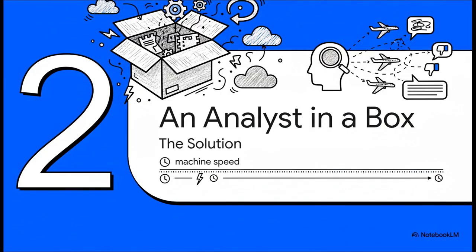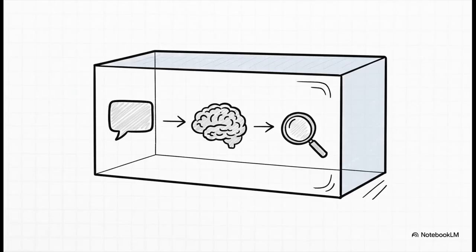In this case, the project we're looking at basically created what you could call an analyst in a box, an automated system that's designed to do the heavy lifting of a human analyst, but at machine speed and scale. So what's inside this box? It's a containerized natural language processing pipeline. Now, containerized might sound super technical, but all it really means is that the whole system is neatly packaged up so it can run easily on pretty much any computer. And it's built to do one thing really well: read and understand human language.